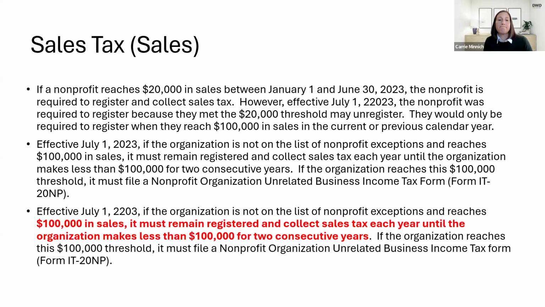So it's a little confusing. I don't know that they did the best job in explaining the changes. There is a really good sales tax bulletin out on the Indiana Department of Revenue for nonprofits that I would recommend looking at, that gives lots of different examples on different situations on when sales tax should be collected and remitted. So something to look into if you sell any types of items or have any types of fundraisers where you are auctioning off tangible items.